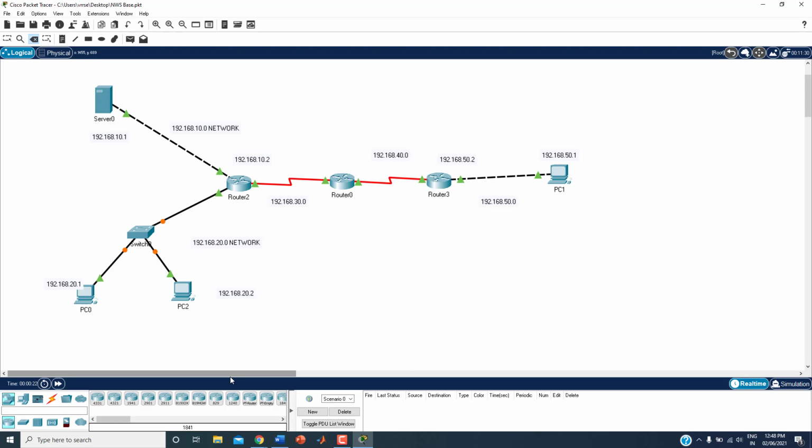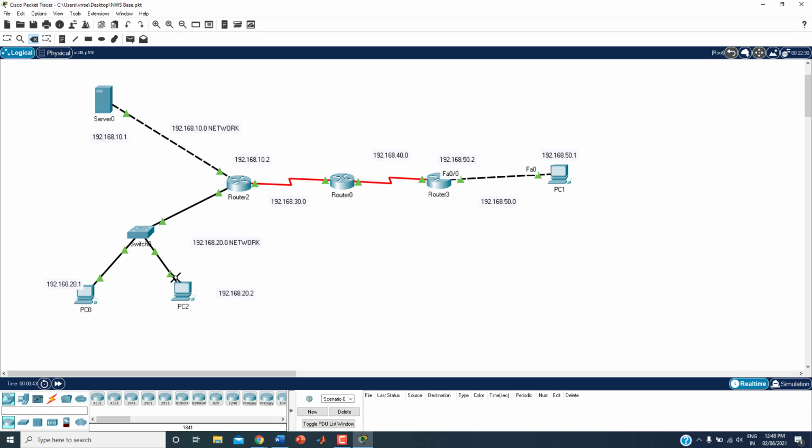Now, what we are going to do in this lab, you have to watch carefully. You see, from PC2 I'm going to give a ping command to PC1. That means I'm giving an ICMP echo request.